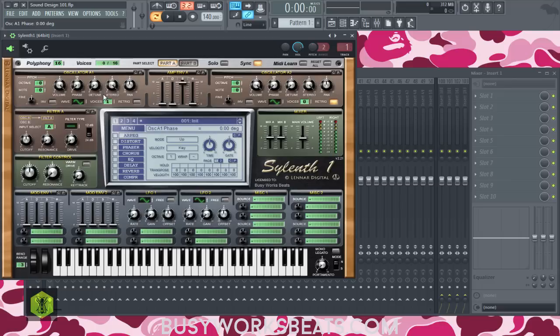The detune knob. The detune knob is used to change the pitch of multiple voices. So this only works when you have multiple voices. So let's say we go to 2 voices for the sine wave. This is best used on a sawtooth because it's very jagged and rigid.